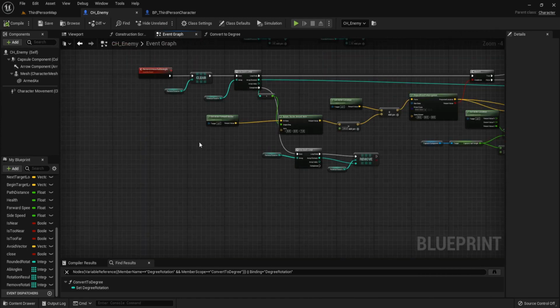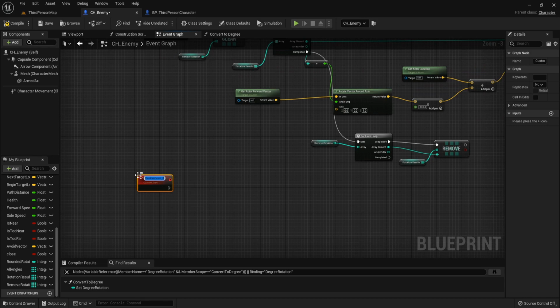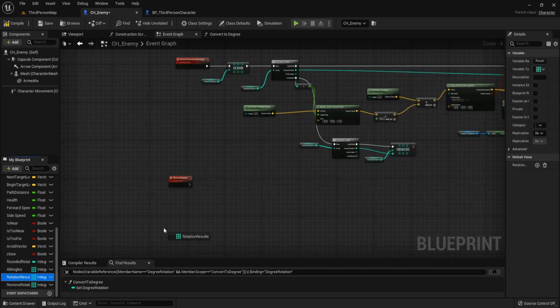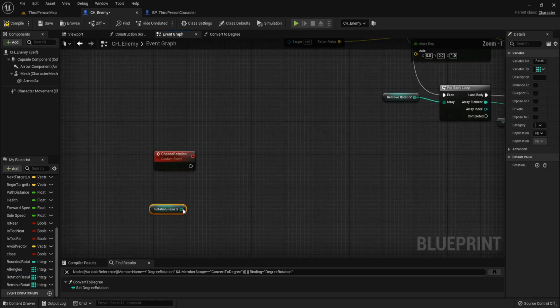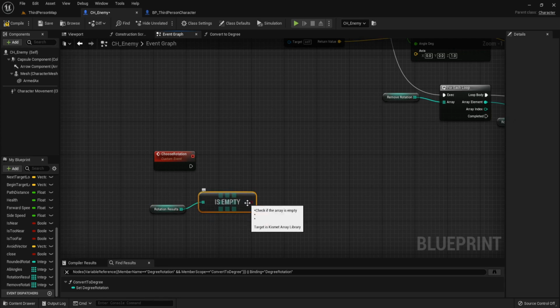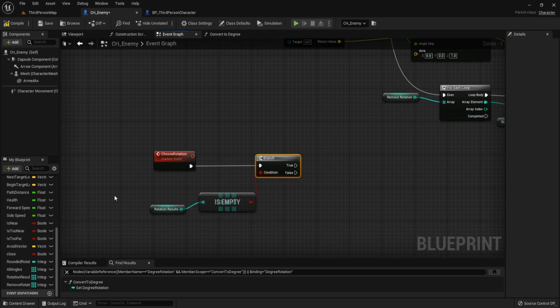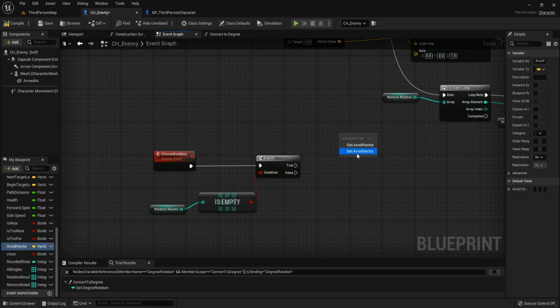And from those possible angles, we have to find which one the enemy should go to in that direction. So we have to choose it randomly. Create a custom event. Name it choose rotation. Get rotation result and call is empty. Create a branch. If it is empty, we set the avoid vector to 0